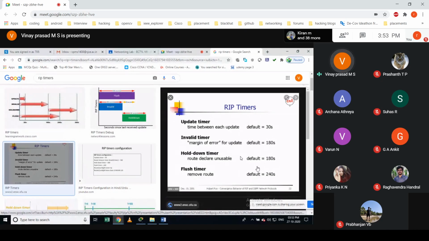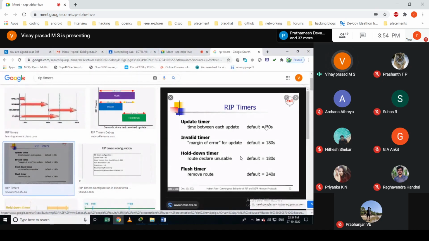Again it will go through the three steps we looked at in distance vector: initialization, then sharing, then update. Probably during this 180 seconds that happens. That timer is what we call the hold down timer. Up to 360 seconds, your packet will not be sent to that particular remote network.